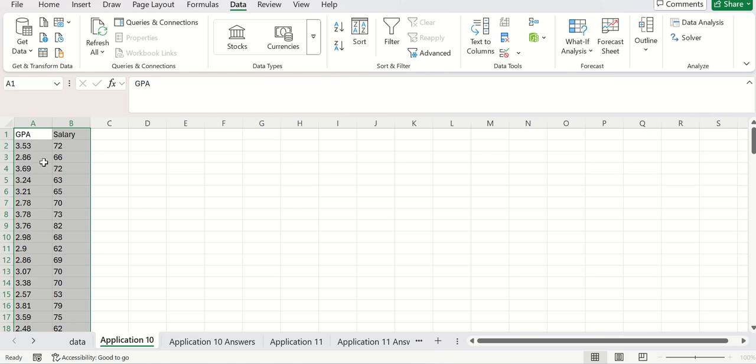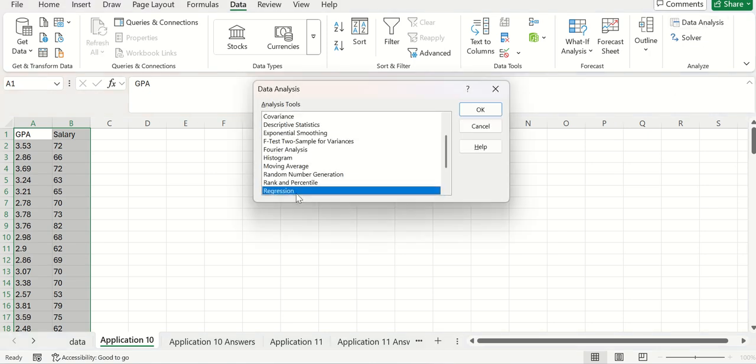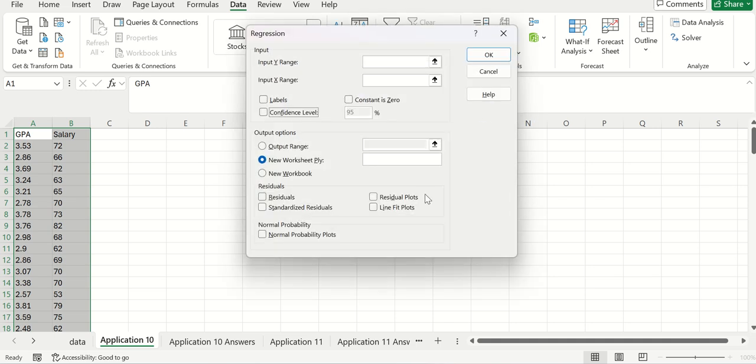So whenever you have your data, again, I've already moved it over. Click on data, and on the right hand side you should see data analysis. If you don't see this in the analyze area, that means you need to add the data analysis tool pack. I've provided another video for you to go in and do that. Once you've done that, come back in, click on data analysis, choose regression,